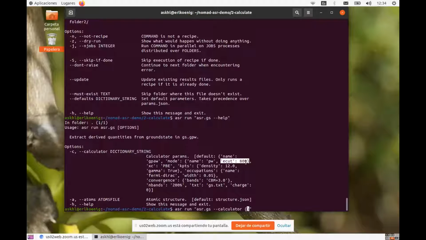It has a cutoff of 800 eV. That's very much for a PW calculation, and it also has an extremely high density of K points. It says here K points density 12. That's a little bit more than what we probably should be running on a laptop. So I'm going to specify some other